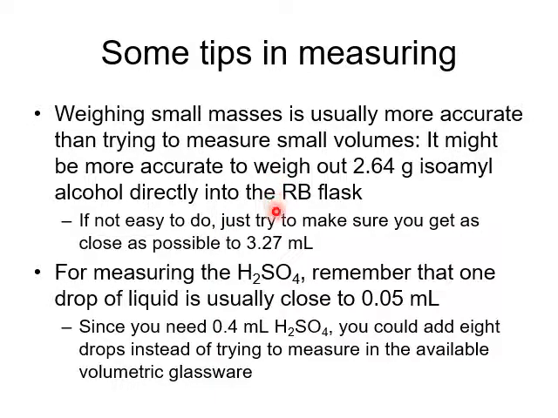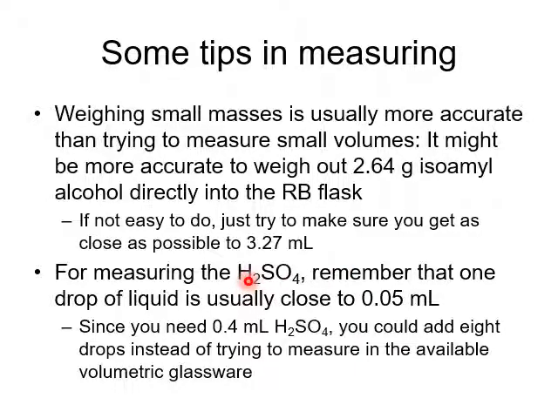Also, keep in mind that if the flask that you're weighing on is too big, it might create more variations with your measurements. So if you are going to do this, try to keep the round bottom flask or the Erlenmeyer flask low. Now for measuring the sulfuric acid, remember that 1 drop of liquid is usually close to 0.05